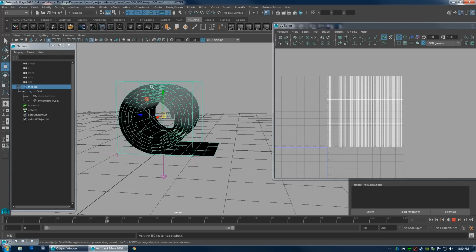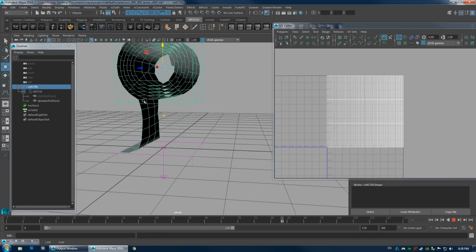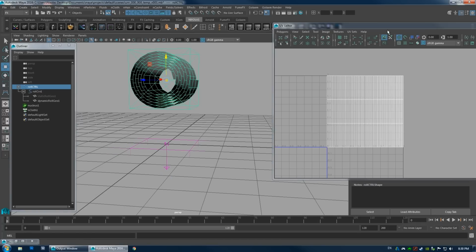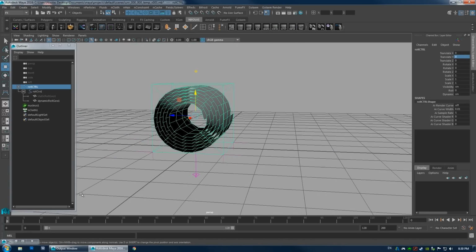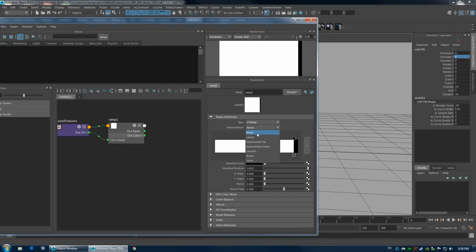Let's move this guy up a little bit here. You can see it just drops right here. So it'd be nice to actually give us a little bit of a fall off on that. Cool. So I just moved that up. Let's go ahead and undo that, bring it back to 0. What we'll do is keep it linear,